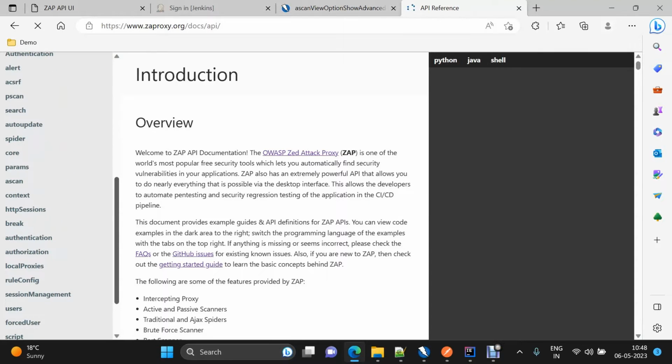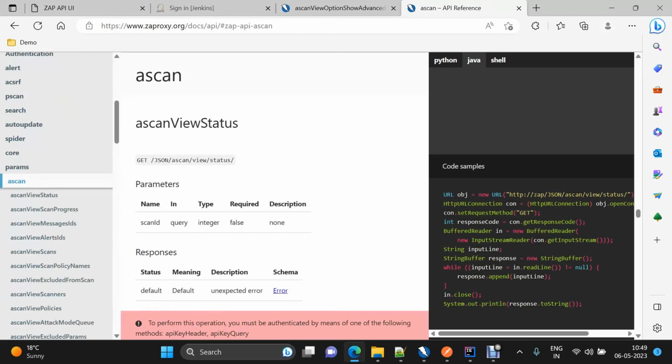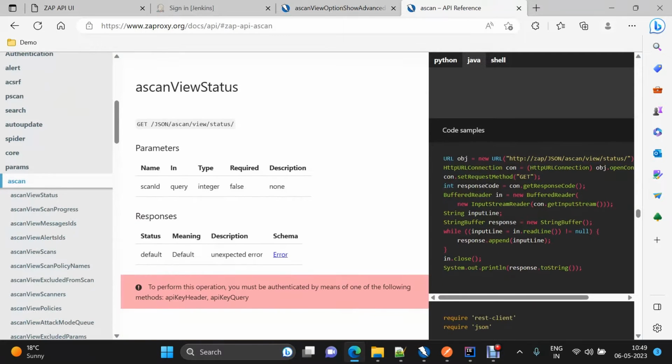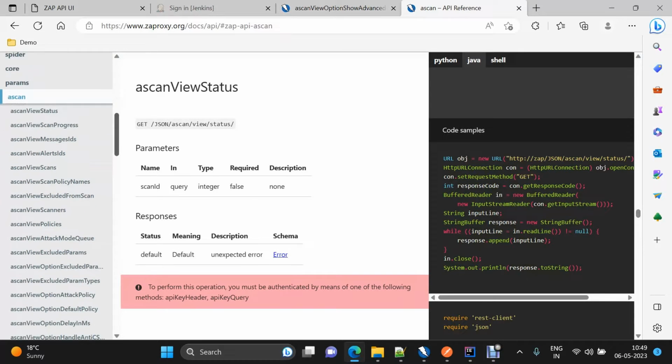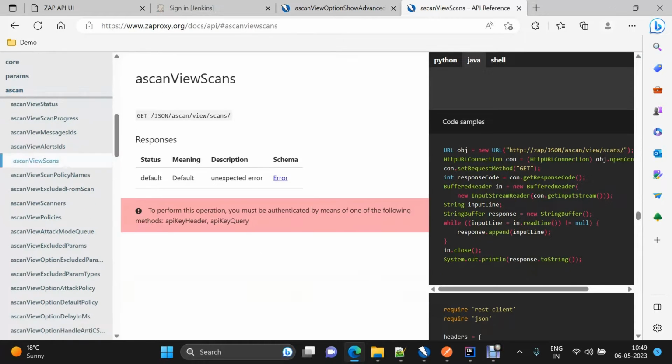the endpoints defined. Like if I go to a scan, here you can see the parameters which this particular endpoint is going to take, and the responses which this particular endpoint is going to give us. So if we go to, say, a scan view scan, right? We just need to hit this endpoint, and of course it will take one query parameter which is in the form of the API key,